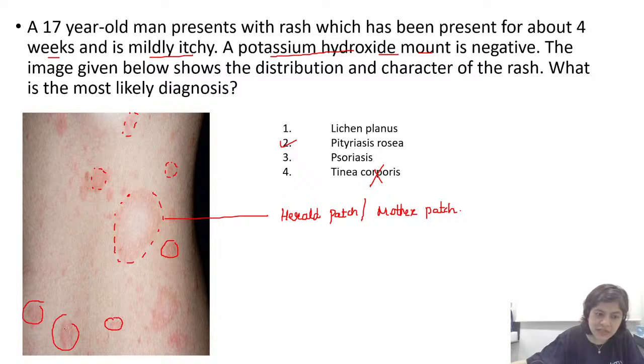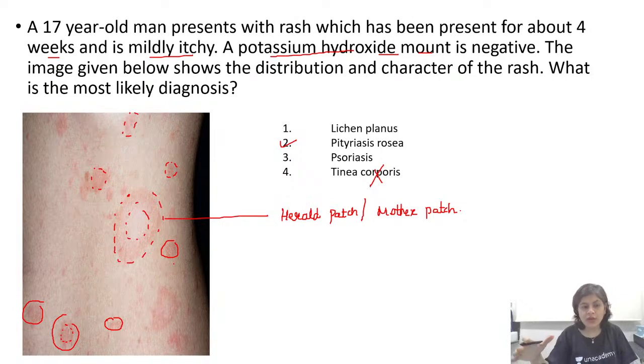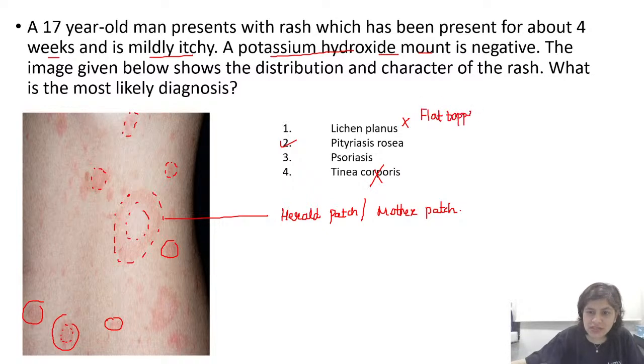If you see the picture very carefully, you will see that it's an annular plaque with typical collarette of scale. So here you can see the collarette very well. An annular plaque with collarette of scales associated with mild itching, starting off as a herald patch, followed within a few weeks by multiple daughter lesions. This eruption is very classically seen in pityriasis rosea. In lichen planus you would have flat topped, violaceous